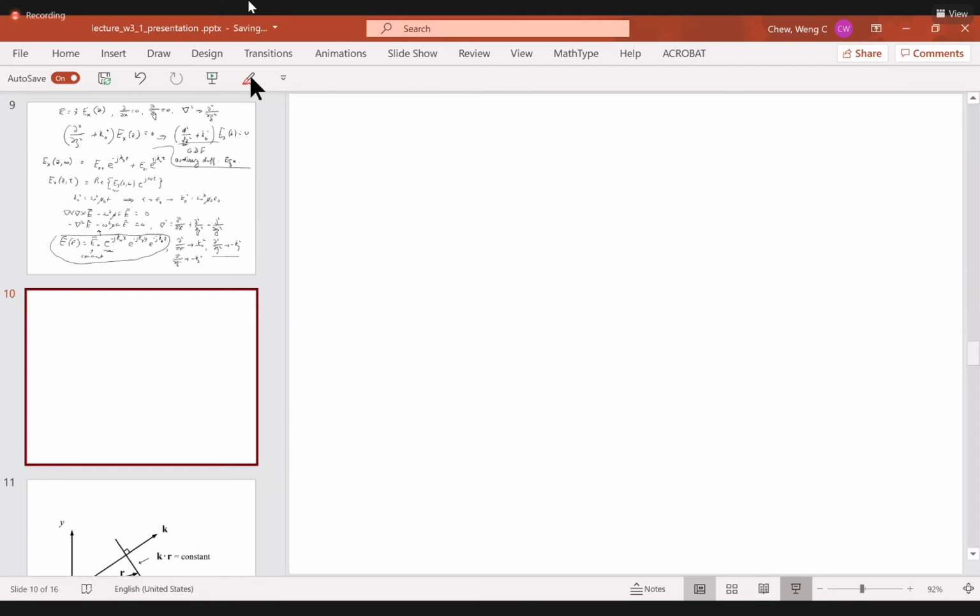The Laplacian becomes minus kx squared, minus ky squared, minus kz squared. And then the Helmholtz wave equation just becomes minus (kx squared plus ky squared plus kz squared) E, and then plus omega squared mu epsilon E